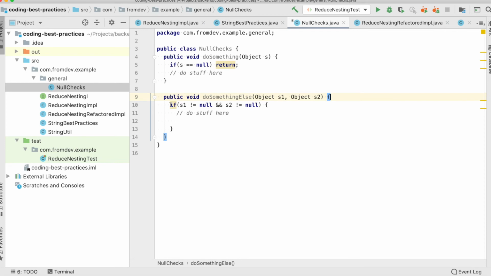Also, there is an even better way to do the same thing in newer versions of Java, especially after Java 8. The Optional interfaces have come in, and that allows you to do the same thing in an even better way. So don't forget to watch the next video, where I'm going to cover Optionals, and that should give you an even better approach to do the same thing in Java 8 onwards versions.